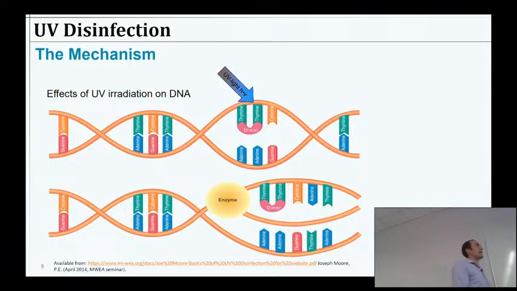Well, I like to say that UV damage for this germicidal effect is a lot like taking a zipper and you unzip it and then you put a little super glue between a couple of the spokes. What happens then when you try to then rezip it or unzip it? It's going to get stuck, right? So the way DNA works is it's a double-stranded thing, and all the biomolecular machinery is constantly zipping and unzipping and making copies. So if you can take that super glue and gum up the system, preventing the zipping and unzipping, well, the